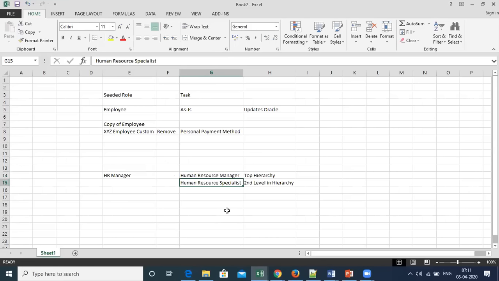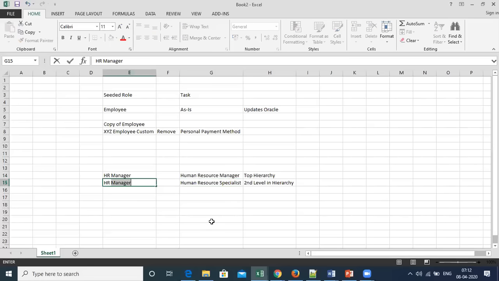Under that, let's say you have multiple human resource specialists who are responsible for some of the functionalities, not all the functionalities. So you create separate roles saying HR specialist, and HR specialist is assigned to a certain group: HR specialist 1, HR specialist 2, HR specialist 3, and on top of all these there is HR manager.